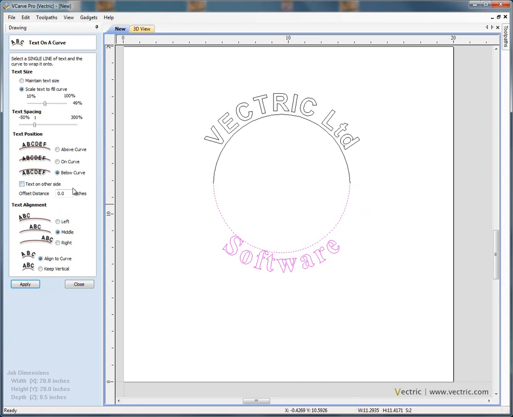And the key thing here is that we've been experimenting with text on the different sides of the curve. We want the text to be fitted in the middle of the selected segment. We could go justified to the right, or we could say justified to the left. Remember, the start point is at 9 o'clock, or we could simply say in the middle. And we could specify a distance. Let's say we want this to be 0.4 of an inch away, and it moves the text away from the